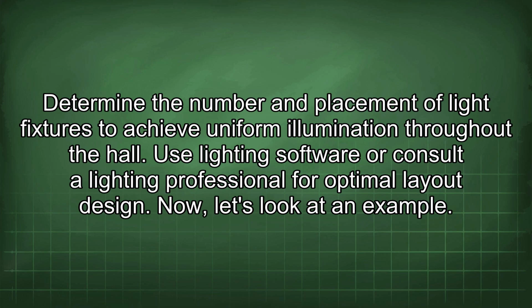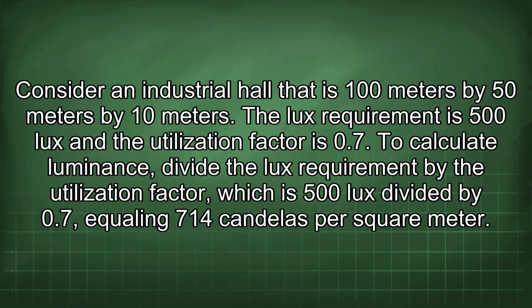Now let's look at an example. Consider an industrial hall that is 100 meters by 50 meters by 10 meters. The lux requirement is 500 lux and the utilization factor is 0.7. To calculate luminance, divide the lux requirement by the utilization factor, which is 500 lux divided by 0.7, equaling 714